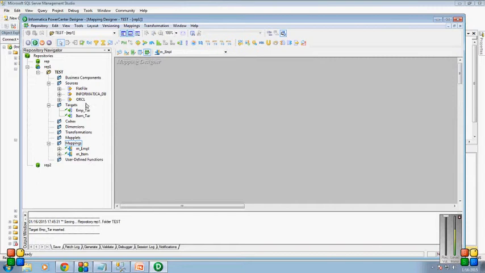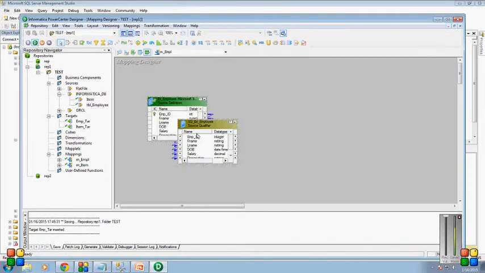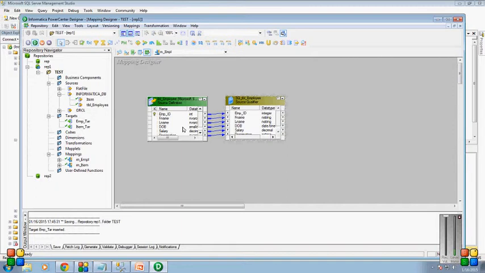I'll drag the source from here, the tbl employee. This is the source, but when I drag the source, we also get the Source Qualifier. This is nothing but the basic data types being converted into the Informatica-available data types using the Source Qualifier.